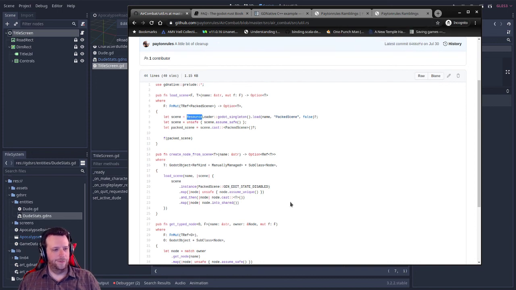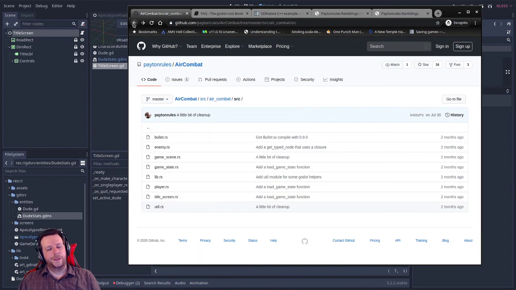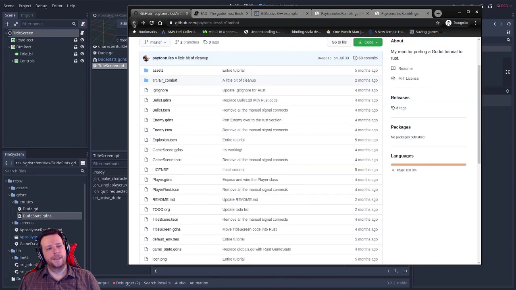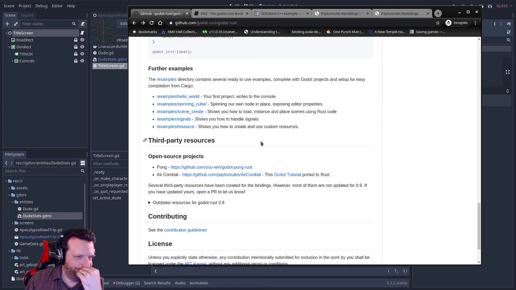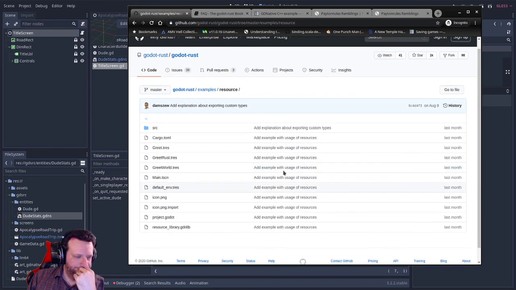Resource loader. Nope. Alright. Nothing, huh? Nothing. Create and use custom resources might... It doesn't even work, man. Oh, well, I guess